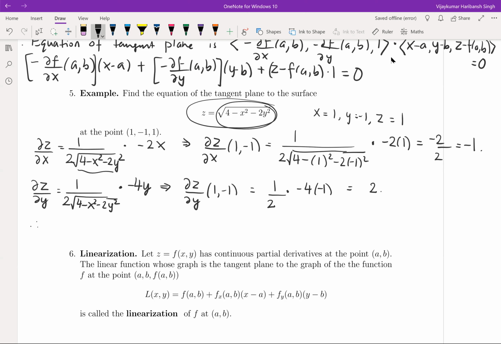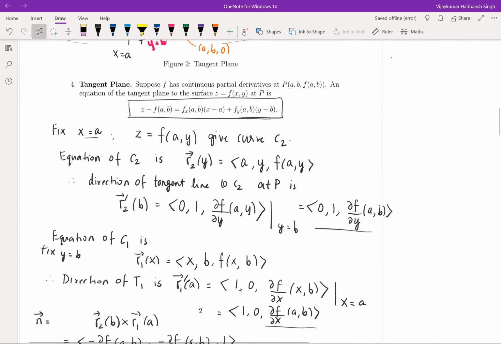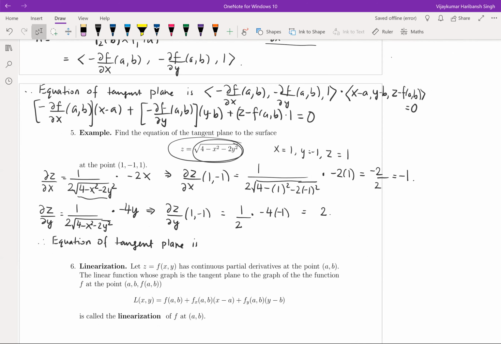So therefore, the equation of the tangent plane is, let's go back here, z minus f of ab. So let's write out the equation once. It is going to be z minus f of ab, or in this case, since we are calling it z itself, we are not using f, so it's going to be z minus z of 1, minus 1. Note z is a function of x and y, so that's why I can write it like this,